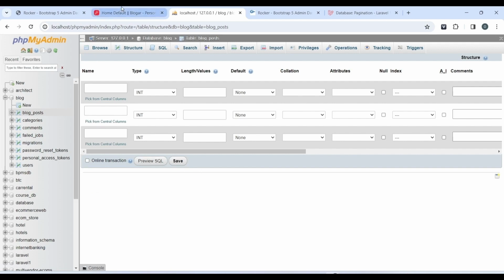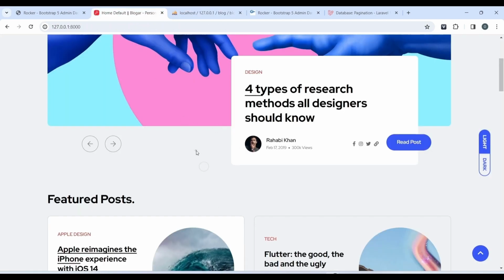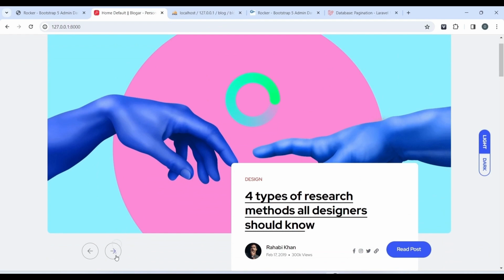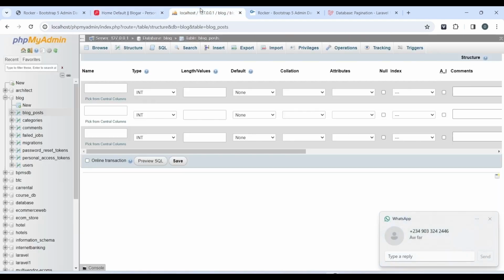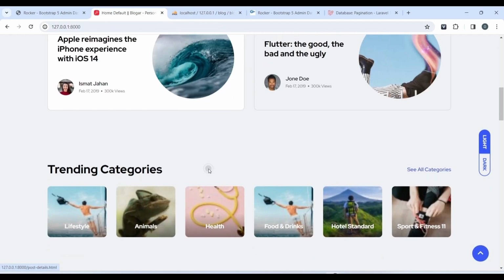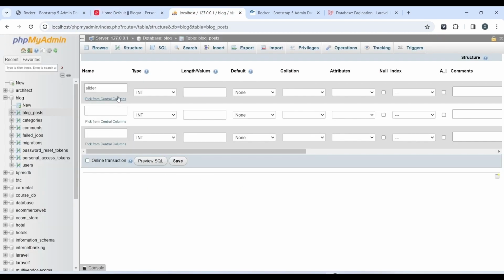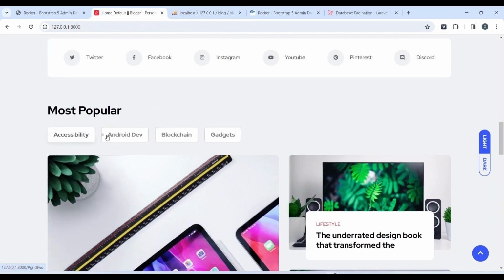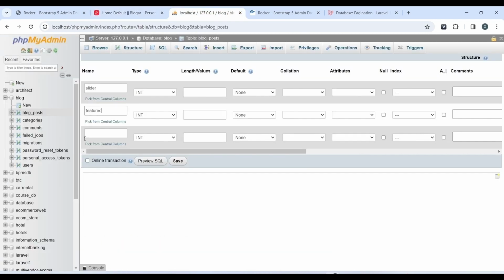Now the first one we want to create is slider post. We'll just name it slider. The second one we want to create is the featured post. Just name it featured. The third one we want to create is the most popular post. Just name it